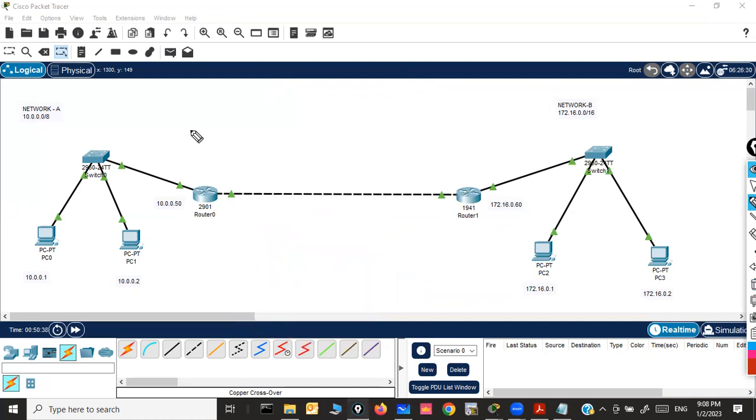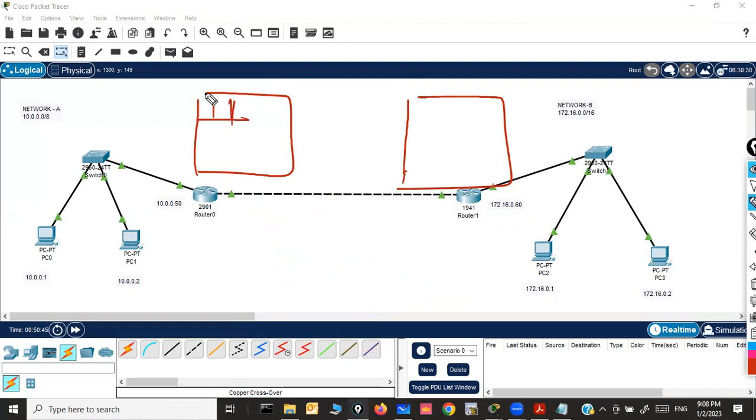But now, let's say there are two different locations or premises, and from this room number one, you want to get into room number two of another premises, a very big campus network. Definitely now, you should know where the main gate is, how you can come out of this premises, and the main gate of the other building or premises also, because this entry and exit point should be known to you.